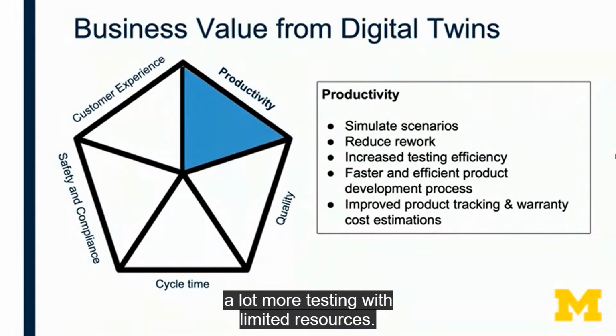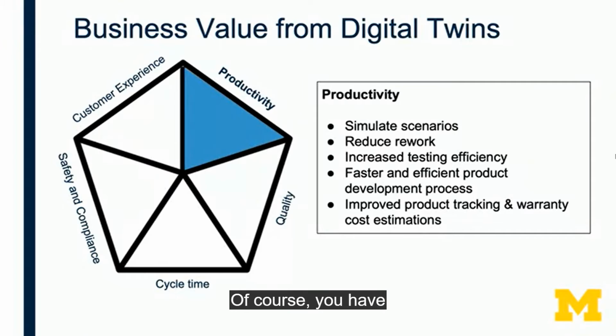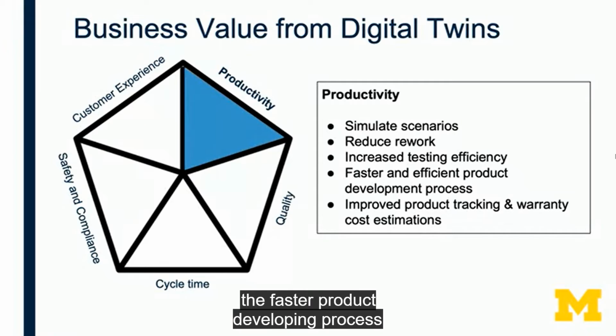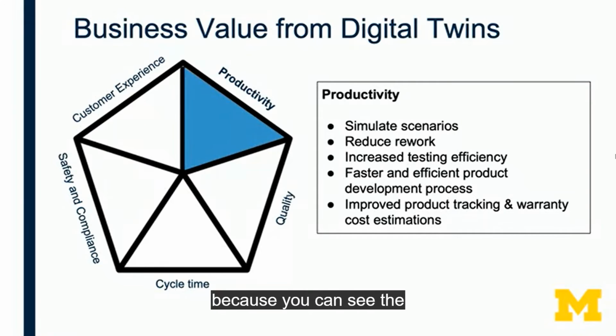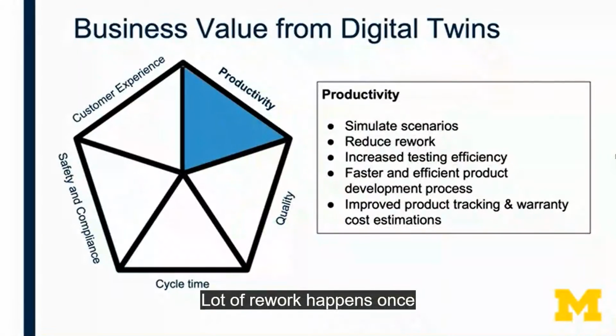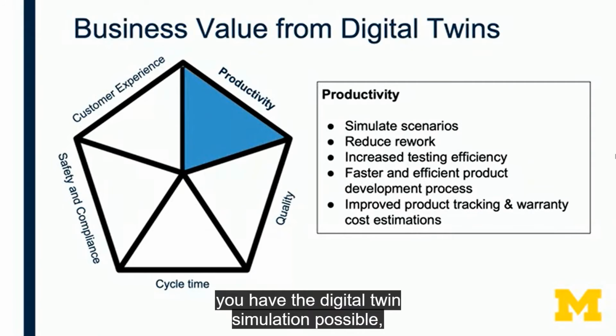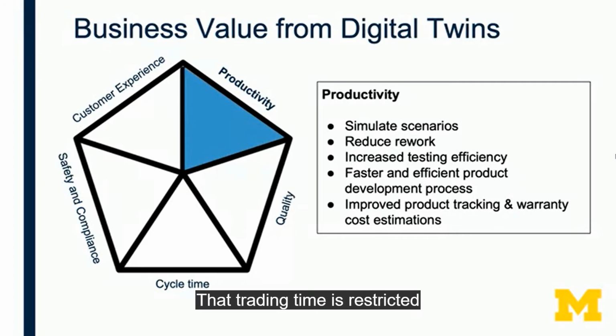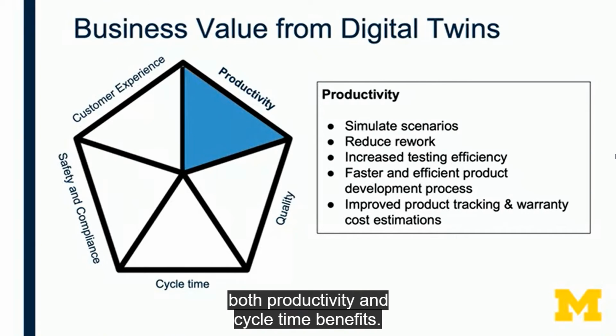Of course, you can have a faster product development process, because you can see the different stages of the product development. A lot of rework happens. Once you have the digital twin simulation possible, you can reduce that rework, and you can also reduce the time in the handoff, so that time is restricted, and hence leading to both productivity and cycle time benefits. And finally, in the case of product digital twin, we talked about real-time tracking of products, and that can